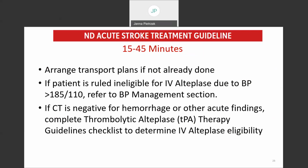If the CT is negative for hemorrhage or any other acute findings, which we talked about earlier, a normal or unremarkable, unrevealing CAT scan, then we proceed with the checklist. This is the kind of patient that comes in with stroke symptoms within the time frame of 3 hours or 4.5 hours, depending on the kind of patient we're talking about. Normal CAT scan, or at least unremarkable for acute abnormalities. Now we proceed to the next level where we check the